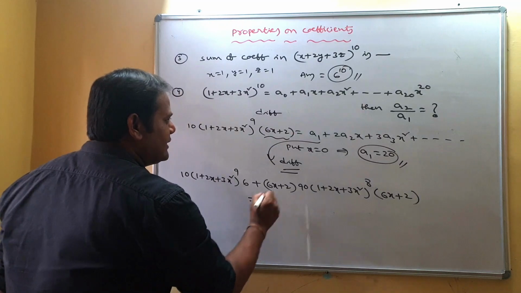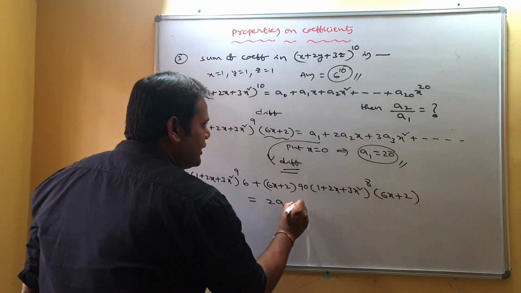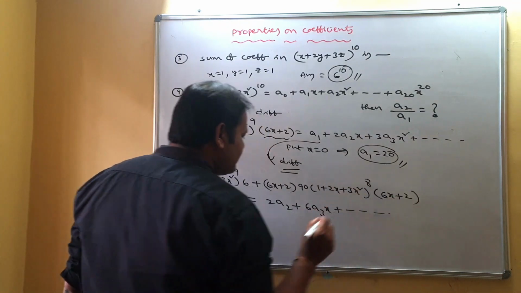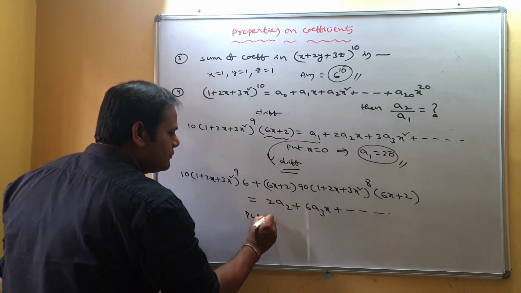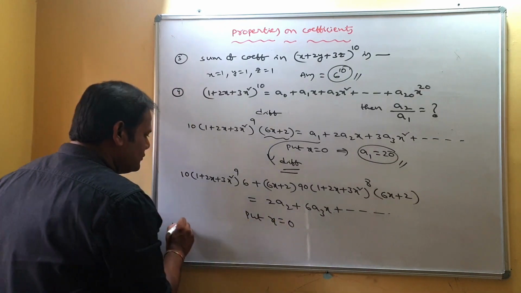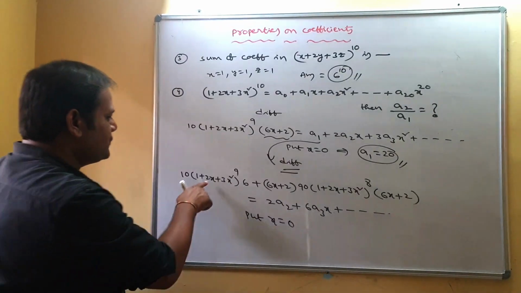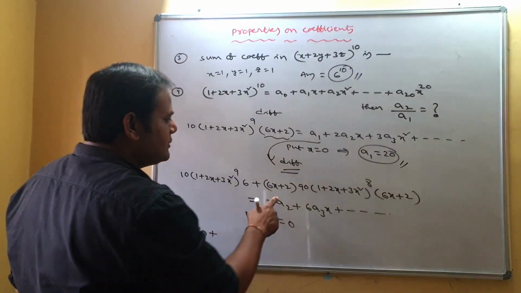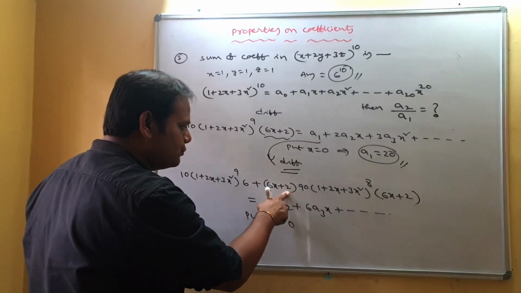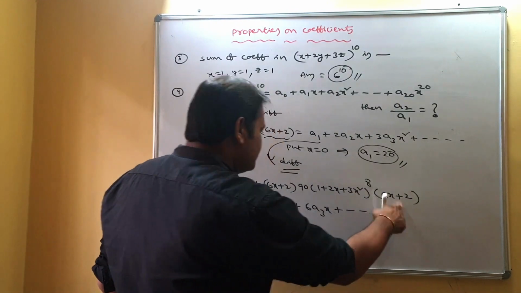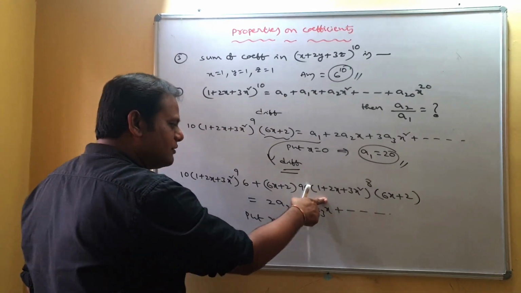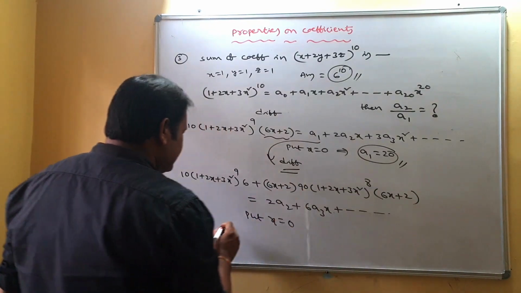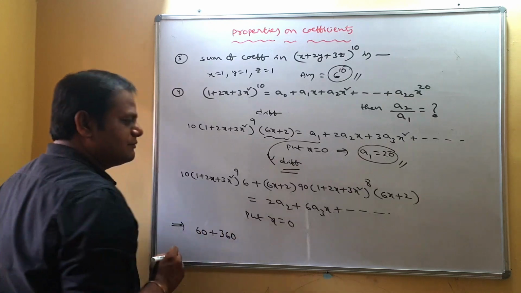Is equal to, on the right hand side it becomes 0, 2A2. Next 6A3 x plus so on. Again you put x equal to 0. If you take x equal to 0, it is 1. 10 into 6, 60. Plus, take x as 0, it is 2. This is 1, is it? 90. So 2 into 2, 4. 4 into 90, 360. Is it?